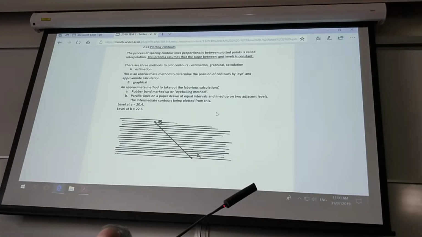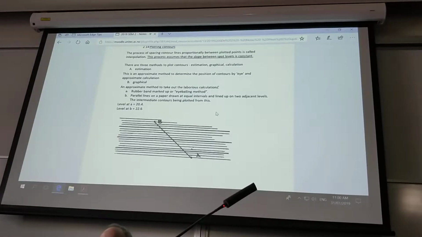Obviously, things have moved on quite a bit from there, so I don't make students do that anymore, but there is the estimation or the eyeball method, and we will do a bit of that today in class here, soon, and we'll do a bit of that this evening on AutoCAD. And it is a bit of a cheats method, but you can get very close to the right contours. Surveyors would be horrified, but at the end of the day, you'll have a weekend in a life. If you don't want a weekend in a life,